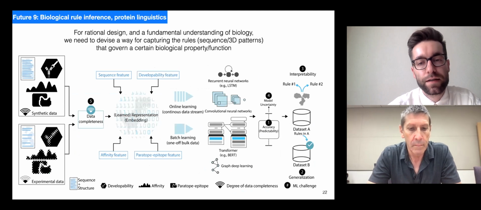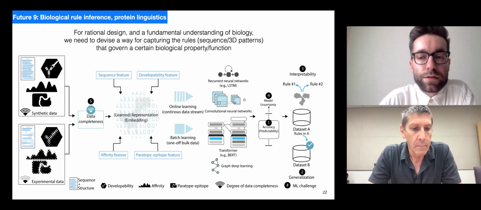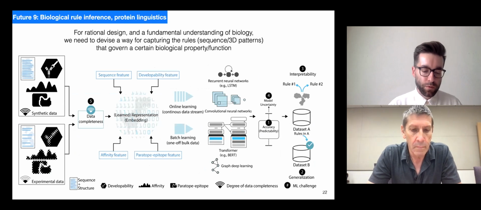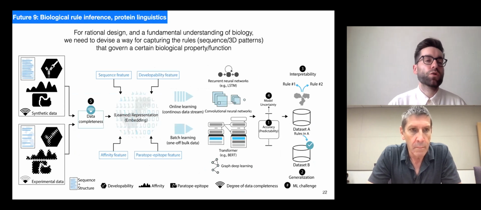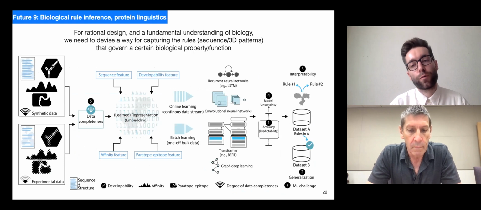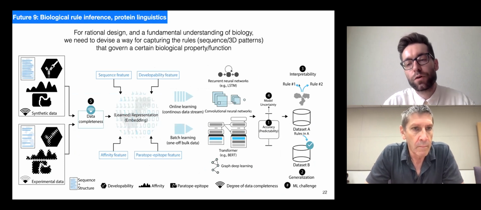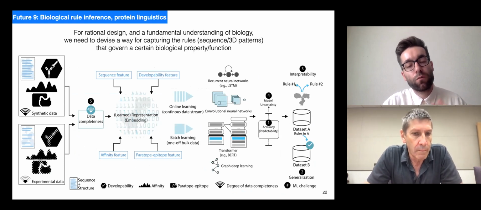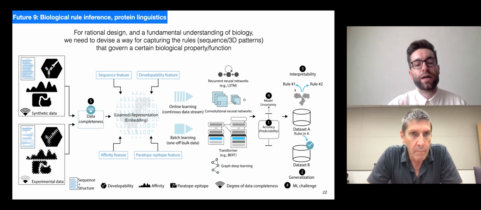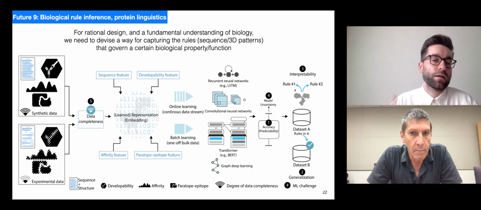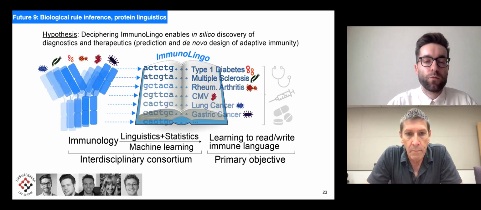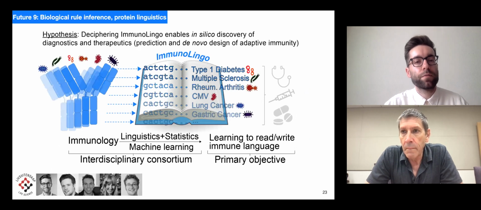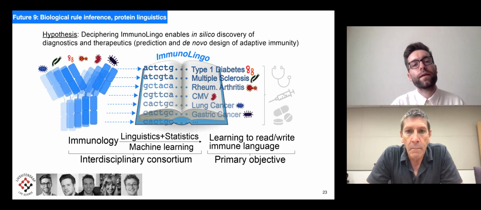And then my last slide is, I think we are all thinking about, from a machine learning point of view, that we want to look at the rules. But what do we mean by rules? Probably we mean by rules these higher order sequence dependencies that command folding or binding. And how do we get to those rules? Because only with those rules, and only maybe once we understand them better, can we rationally design proteins at a larger scale. And we are looking into that by building a formalized framework from a linguistics point of view,